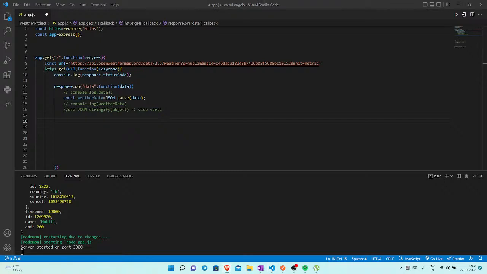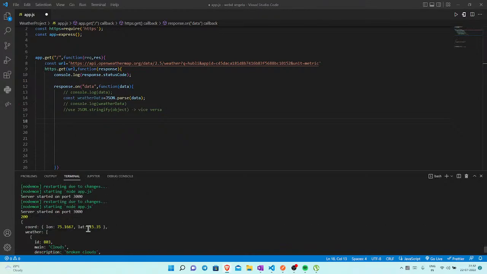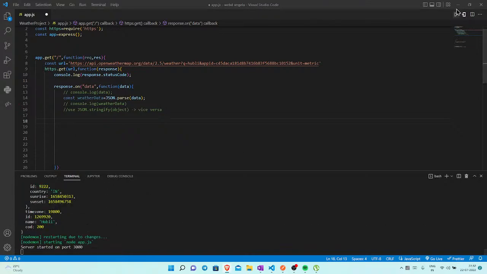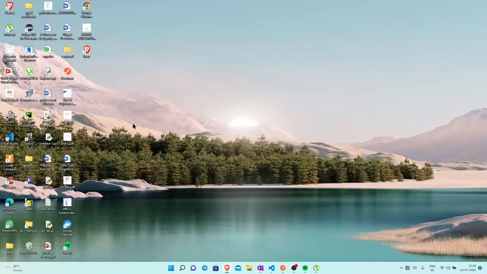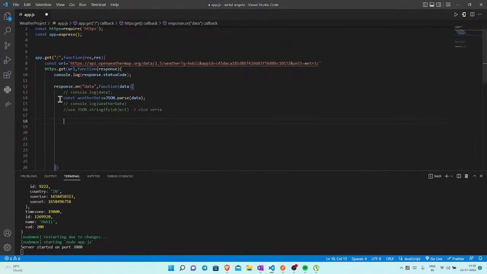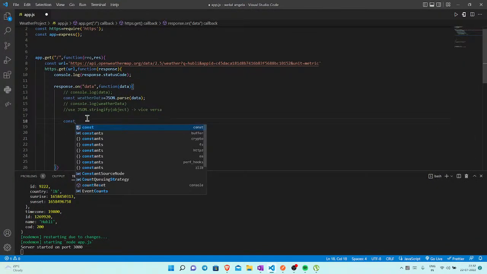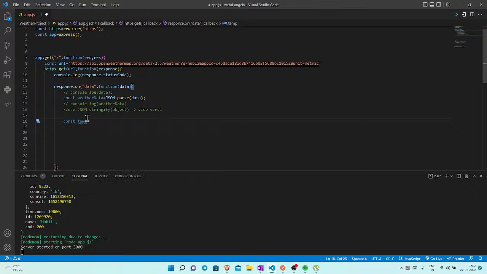temperature specifically printed out? Well, because we've got basically one huge nested object, we can tap into the object, look for the main key, and then look for the temp key. So the code for that would look like this. Let's create a const called temp, and then let's tap into our weather data. The first level that we go down is this indentation, and we get to a key called main. So weather data.main, and then